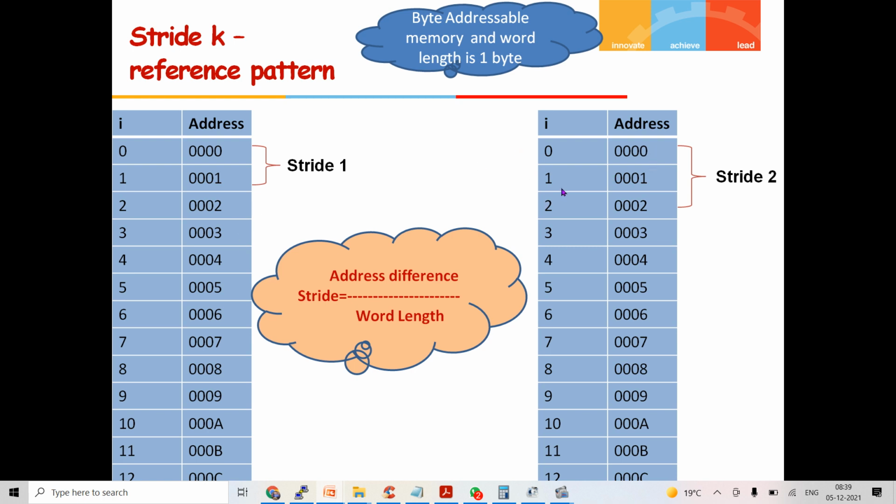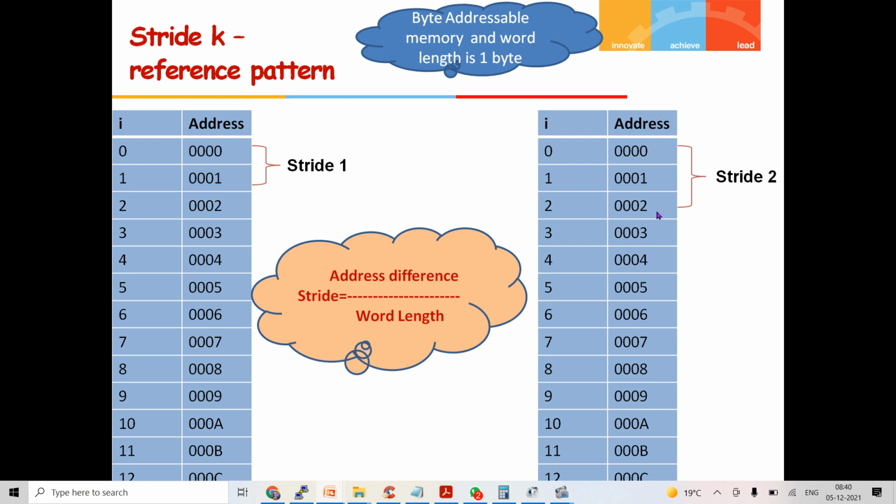Whereas if we are referring to the first memory location 0, and then the next memory location we are referring to is 2, that means it is not the immediately next one, but we are referring to the alternate one. This is going to have a stride of 2, because the next one is referred after 2 steps.